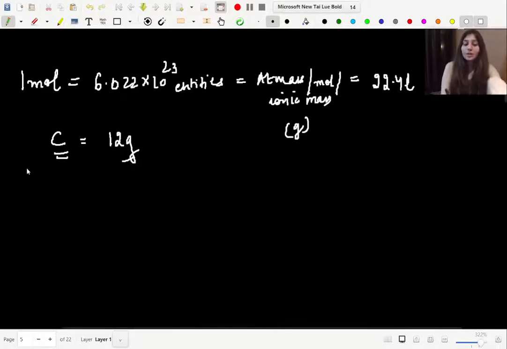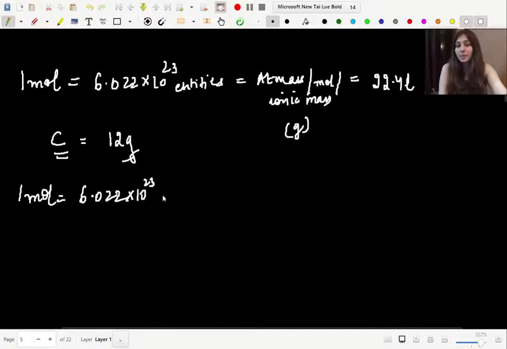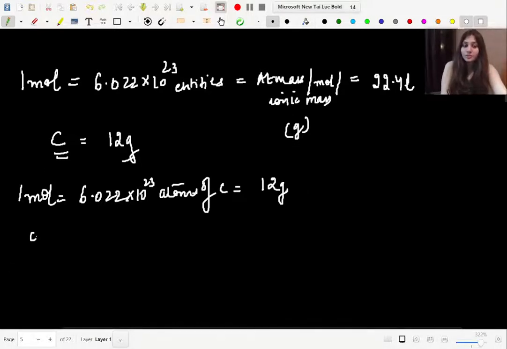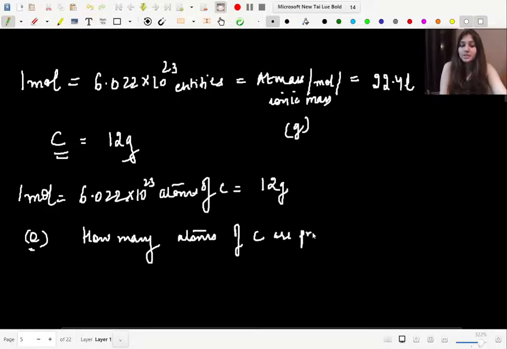So now for carbon, if I'm writing this line, we have 1 mole is equal to 6.022 into 10 to the power 23, since carbon is an atom, right? So atoms of carbon is equal to 12 grams, because the atomic mass in grams of carbon is this much. And since carbon is not a gas, I think this is going to be enough. So if there's a question, the question says how many atoms of carbon are present in